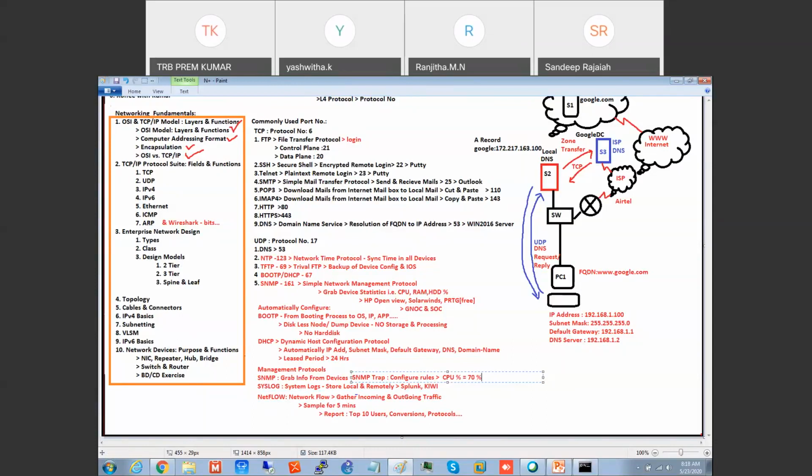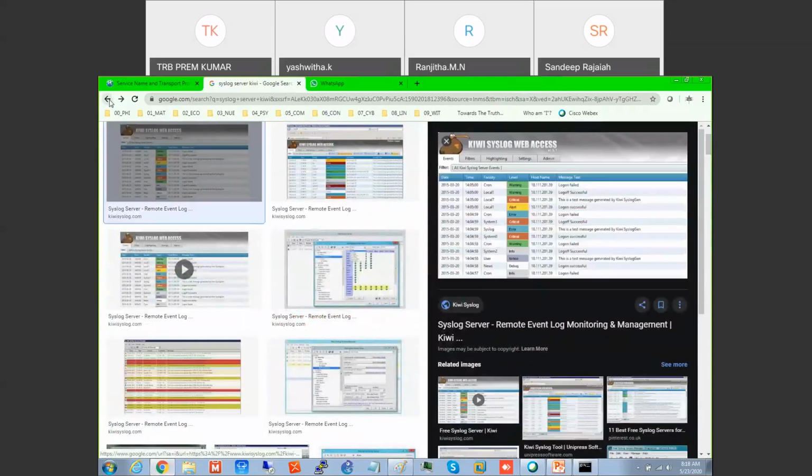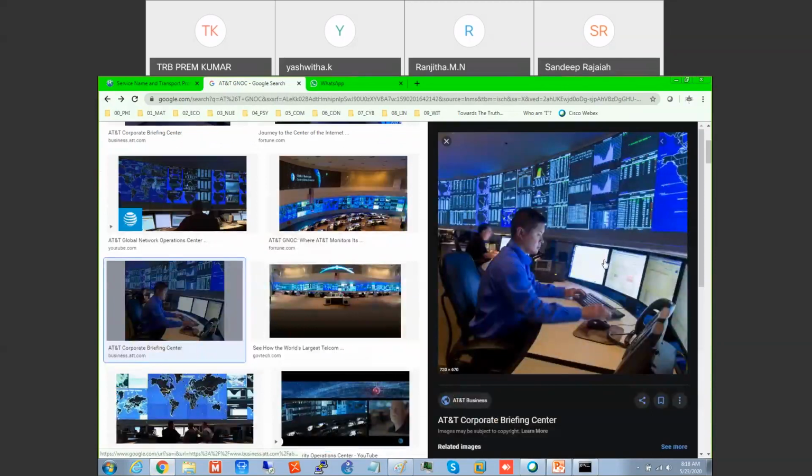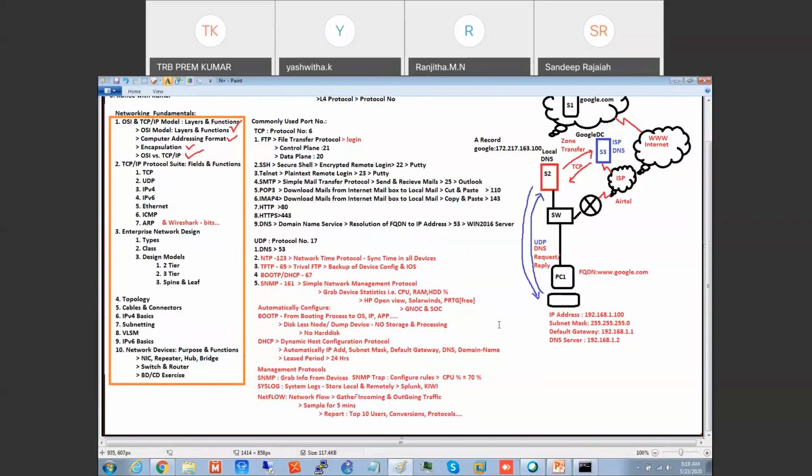Now, see, I told the example. This guy is monitoring, right? He doesn't know what happens in all the devices, so he'll set up some SNMP traps. For example, he is maintaining 500 servers all over the world. With 500 servers, you don't know what is happening. So we set up traps like that. Whenever any attack hits, he'll get a message here, and then we'll start working on that. Understand? Yeah, got it. So that is SNMP trap. I think everyone is clear on this.